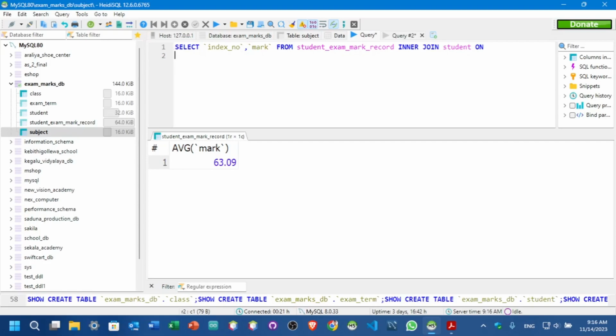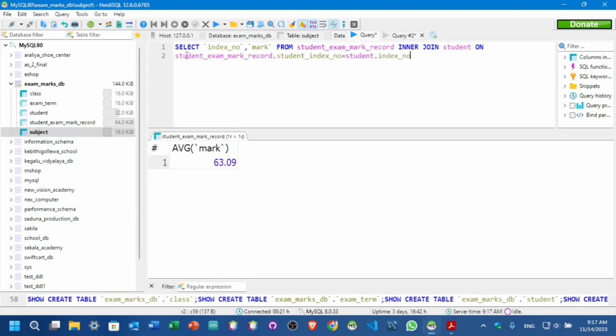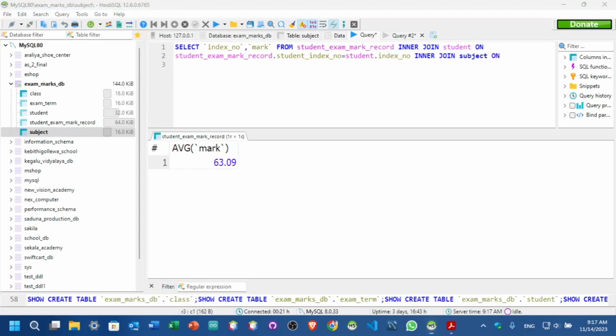Common column is the index number. And we can inner join subject on the common column, subject ID for both tables,